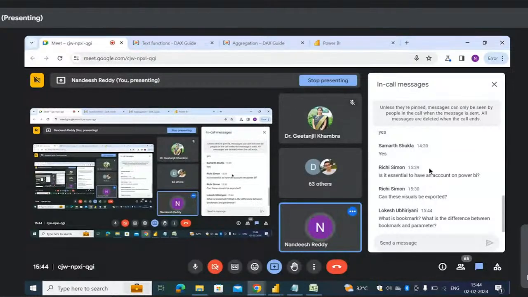Another question is, what is a bookmark, and what is the difference between a bookmark and parameters? Bookmark and parameters are completely two different things. Parameters are generally used to store any specific dynamic values, let's say credentials or any specific values. Whereas bookmark has to do with the reporting level, where a bookmark is nothing but taking a screenshot